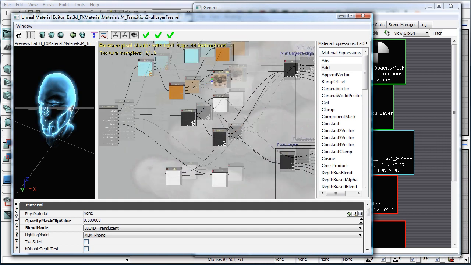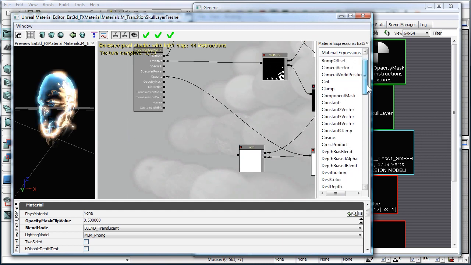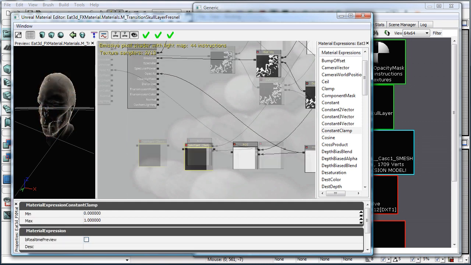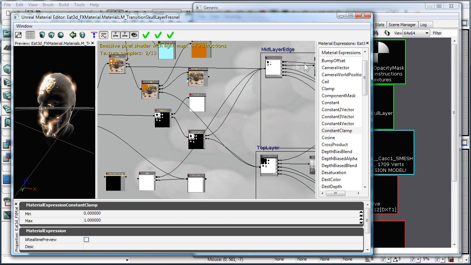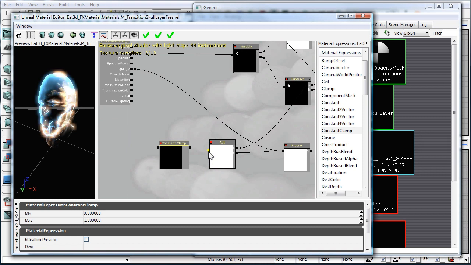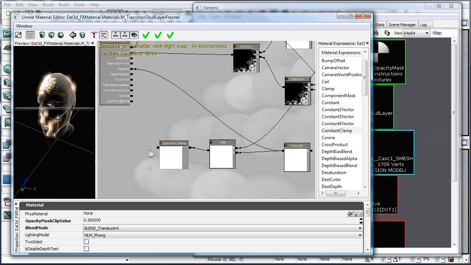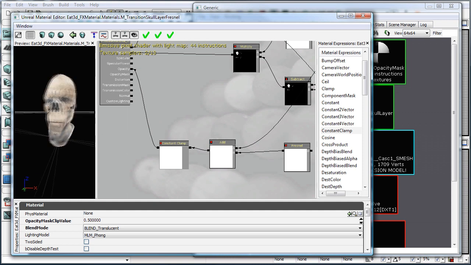And then this add, we're going to plug it into a constant clamp. The reason we're doing that is because we're adding Fresnel values to other values, and some are going to get brighter than 1. We don't want them to be brighter than 1. And plug this into the opacity. And now you can see it starts out solid and opaque and transitions into a nice Fresnel X-ray